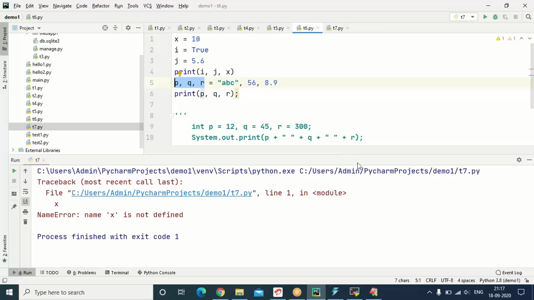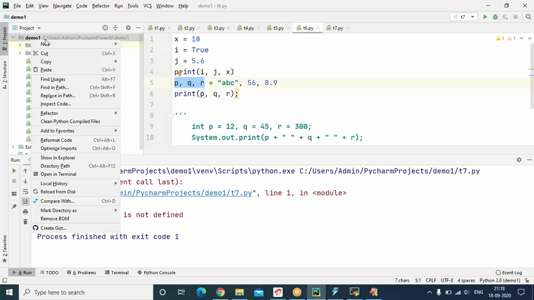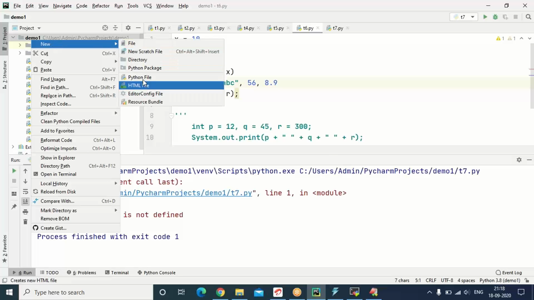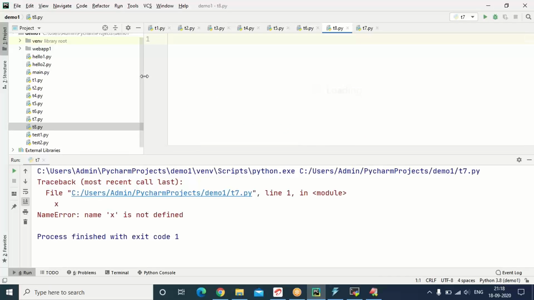Now let us see the type of a variable. Please observe. I'll move to another program, T8. Let us go for x is equal to 10.